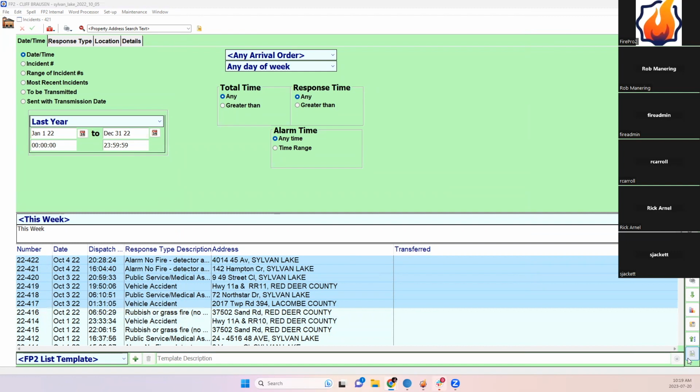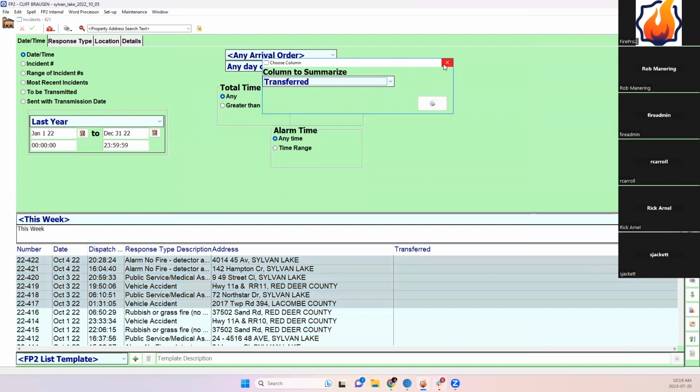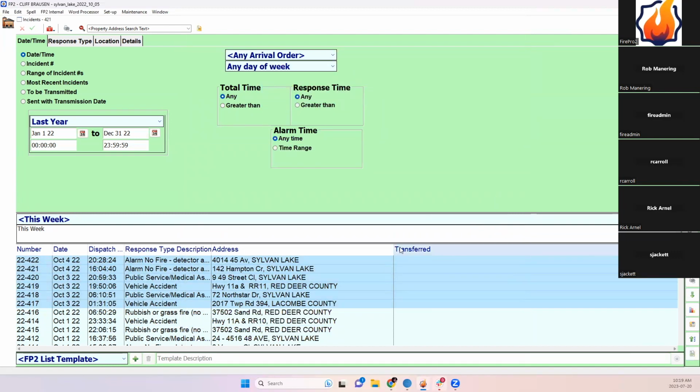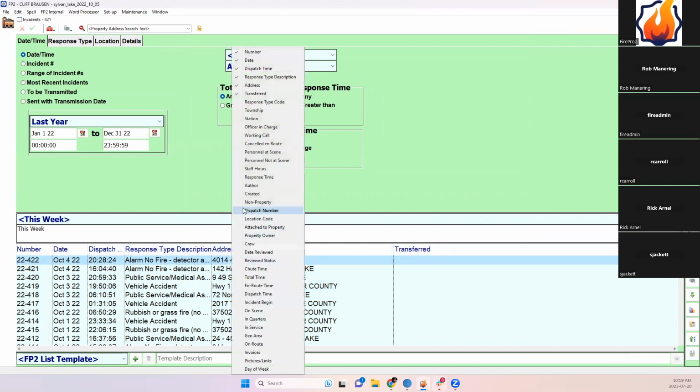Another report which we have available now, which is a relatively new report, is what we call our column summary report. So this is a really neat report because what it lets you do is leverage the function in FirePro that lets you pick the various different columns